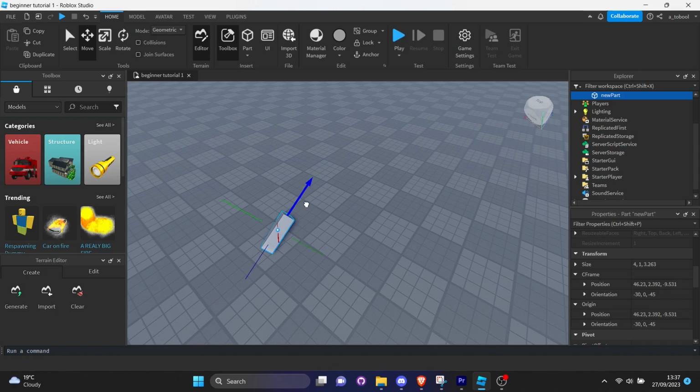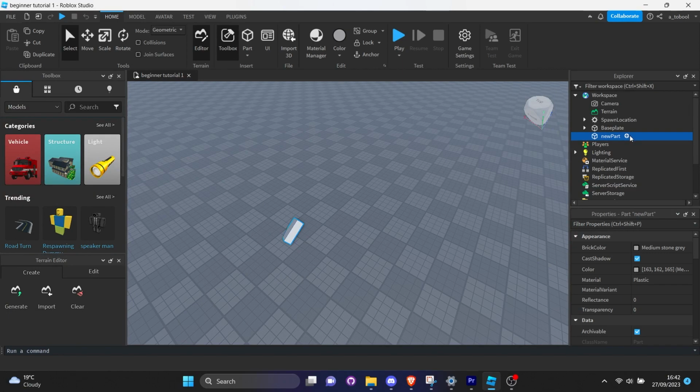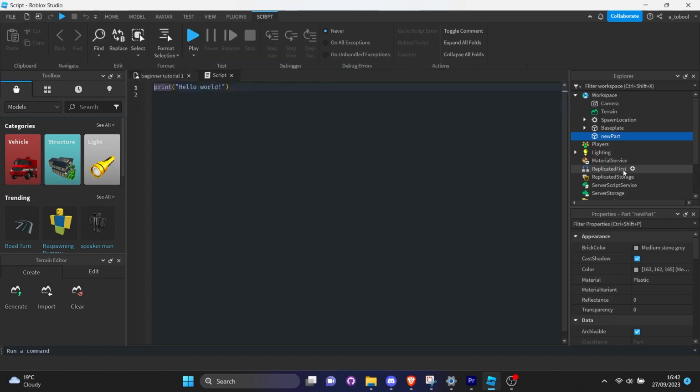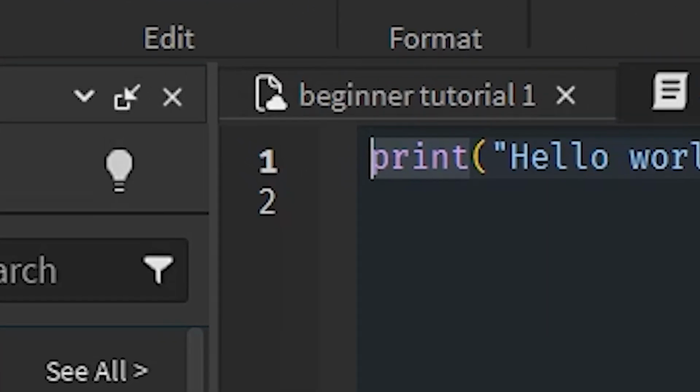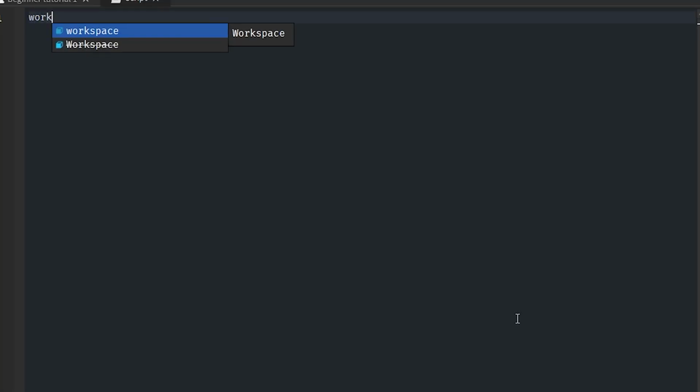Now onto the part you've been waiting for, inserting a script. Inside the workspace, hover over the part selected and click the plus button and hit script. You've now inserted your first script and it should show the iconic print hello world. Okay, now ruthlessly delete that line to leave a fresh view. Now, before we can actually edit a part for a script, we need its path. There's 2 ways of going about this, but the first way is